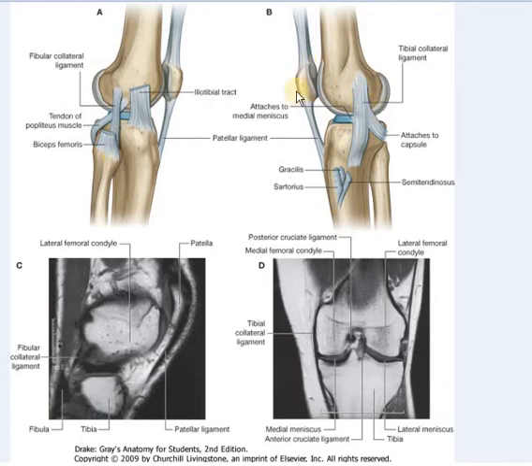Now please look at this diagram. This picture clearly shows the tibial collateral ligament. This one is the tibial collateral ligament. This inverted Y-shaped ligament is the tibial collateral ligament. You can see that this tibial collateral ligament is not like a cord, but it's flat. It's a flat ligament, unlike the fibular collateral ligament, which is cord-like.